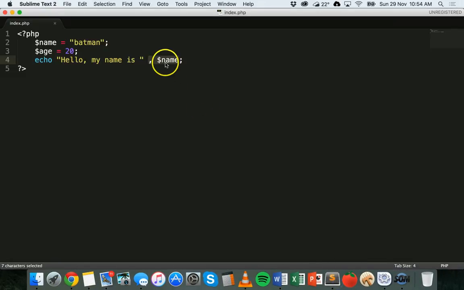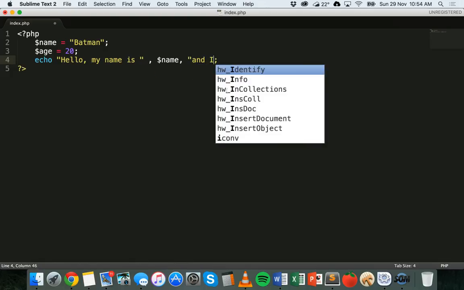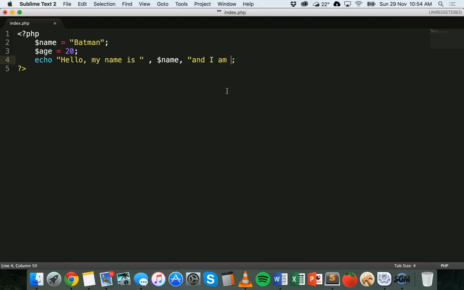So save that and refresh, and we get, hello, my name is Batman. Even though it doesn't have a capital B, it should. Fix that up there. All right. We could then add another comma here and then add another string inside quotation marks. We could say something like, hello, my name is Batman, and I am, space, close the quotation, add another quotation mark to close that string, add a comma or a period, and then we can put in the age variable